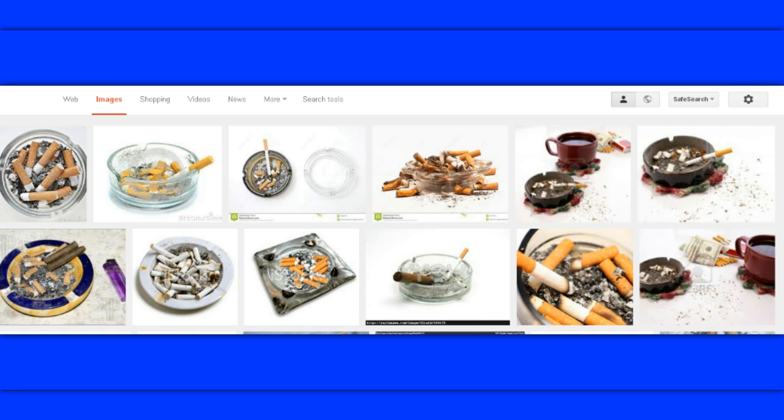So I have a client who is working on a project, and she needs images of dirty ashtrays. So as you can see, I've gone into Google and I have typed into the search "dirty ashtray free images." Now these are the images that Google has brought up, but I want to show you. This is a Dreamstime image, this is Feature Pics, this is iStock Photo, Dreamstime, iStock Photo, Dreamstime,